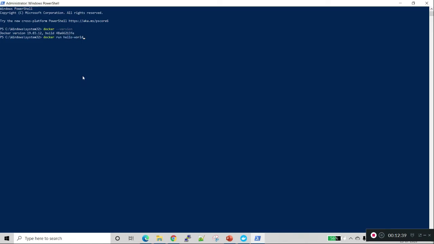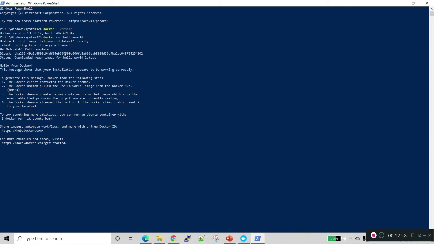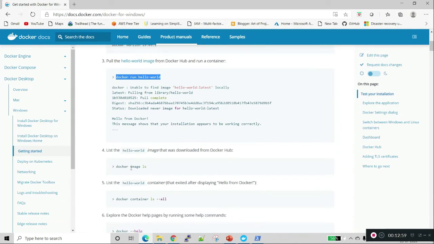Actually, this Hello World is inside the GitHub repository. So that's why, in the installation step, we need to install the GitHub software. They are providing the help commands also.